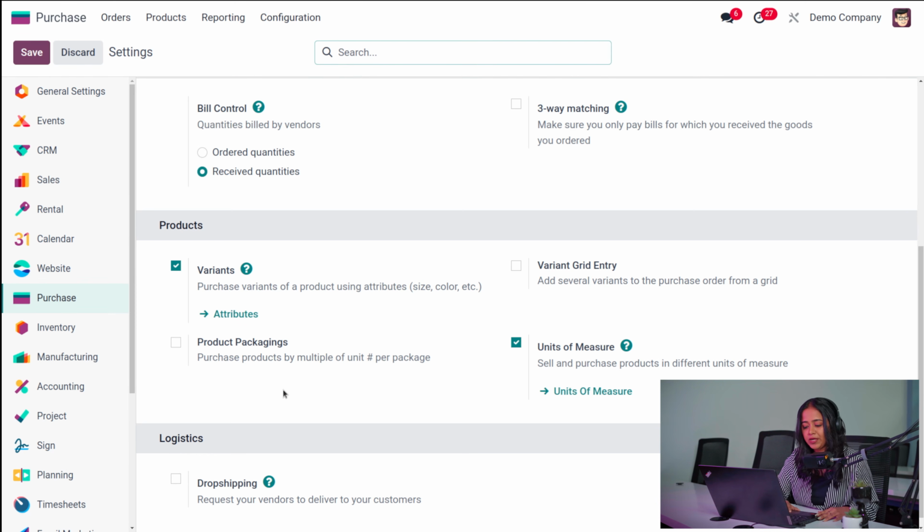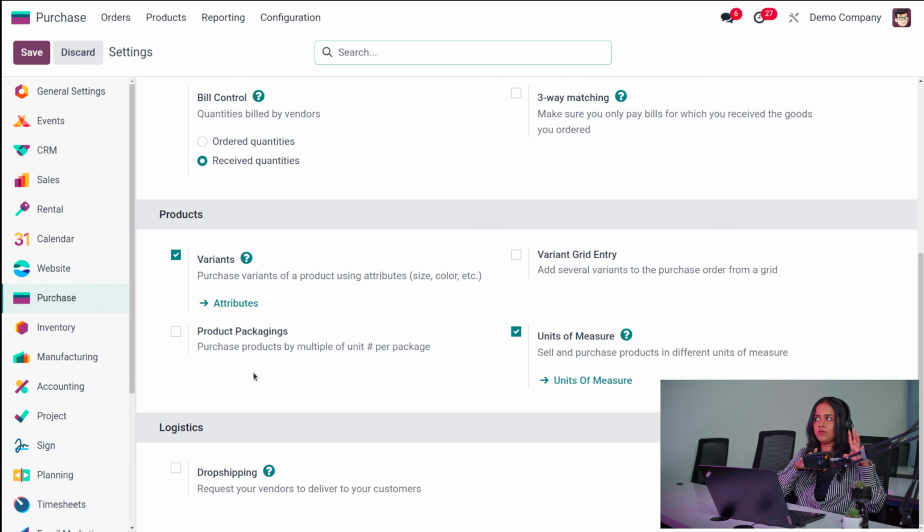Then you have the product packaging. That is, if you want to set a product, or products are created, suppose it's a mug, and you're going to pack it. That is purchasing products by multiple of units per package. So inside a particular package, you're putting 5 units of the same product. That becomes a package, right? That's what product packaging is. Then you have the unit of measure, where you can configure the unit of measure. You know how to configure it, and it's a very important thing because units are used everywhere, right? And here you have the logistics, where you have the drop shipping,